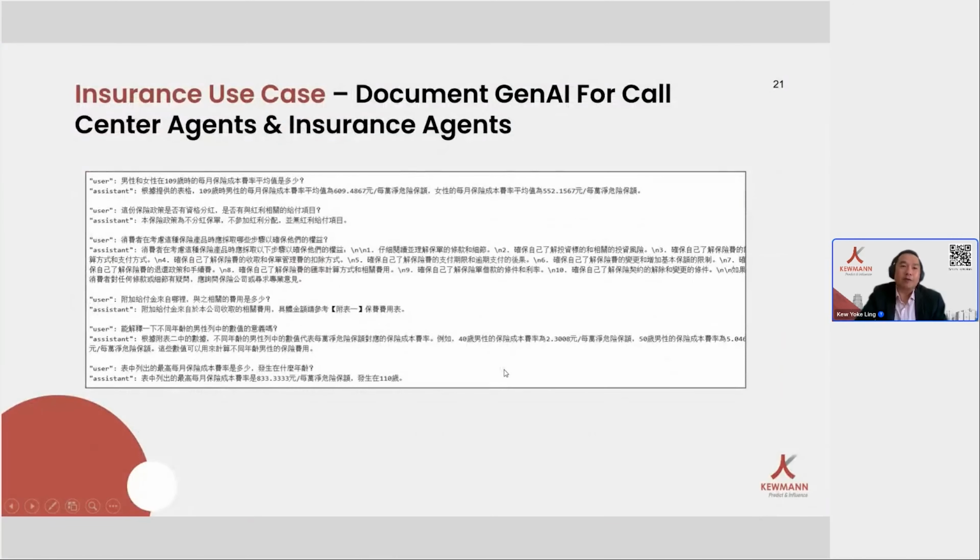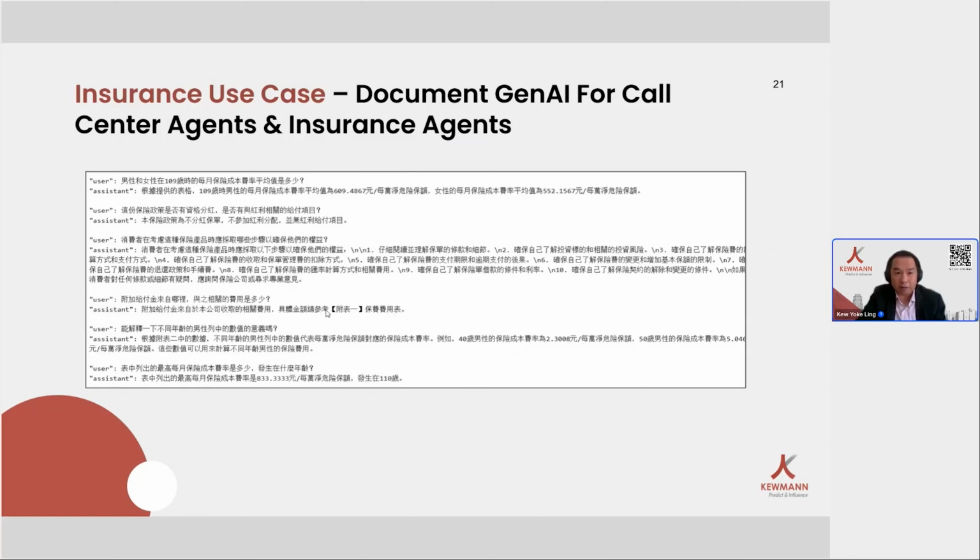Now, the first use case involves different languages. This is the Taiwan arm. As you can see, this is traditional Chinese, for the insurance company that we work with, right? In this case, you can ask questions based on the internal policy documents that we have ingested. This is an internal view of the question and answer, right? The user obviously asks the questions, and then the assistant is the internal chatbot, and you can see that the answers generated are pretty accurate, right? Even though it's in a different language like traditional Chinese, it is able to read the content and able to even find out where to find